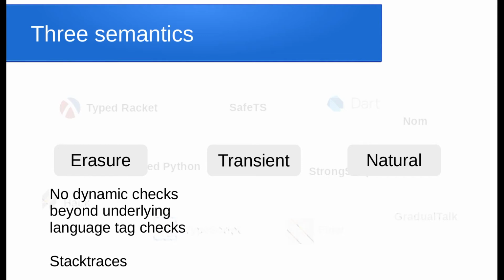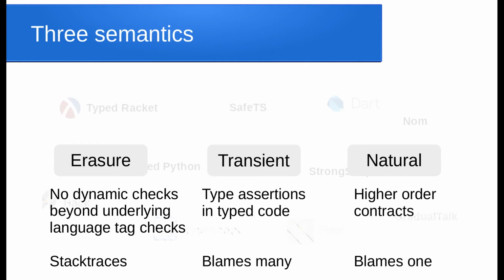The other 2 semantics come from the academic world, and they try to help programmers by inserting dynamic checks to verify that values match up with annotated types. Furthermore, the semantics offer special failure information called blame that identifies parts of the program as being related to the type-value mismatch. That said, the 2 semantics perform the dynamic checks differently and provide very different kinds of blame.